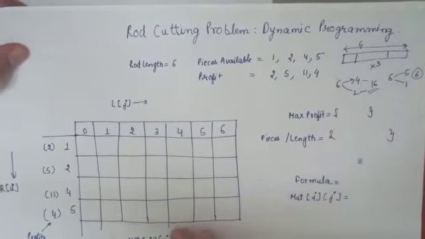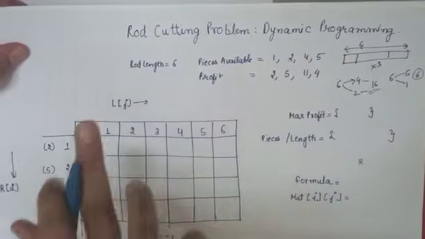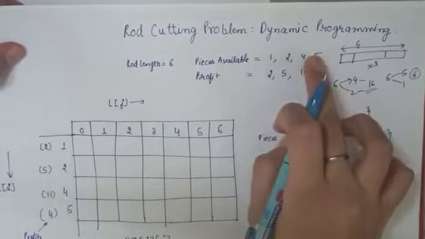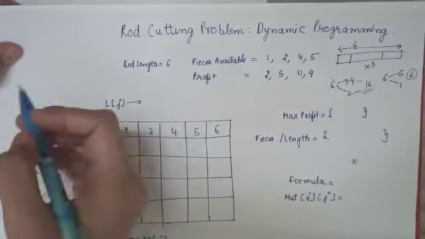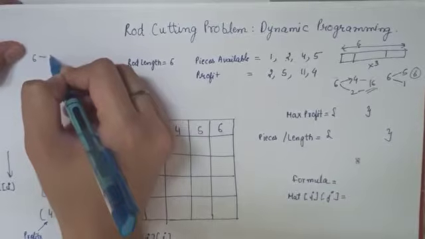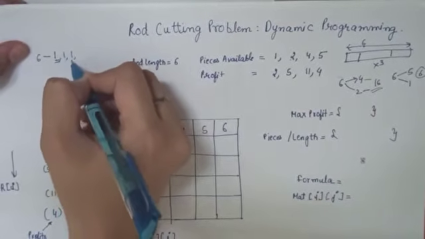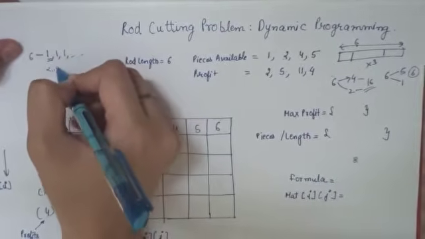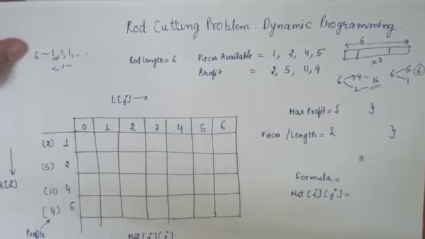So what we have to find is how to cut the rod of given length into pieces available such that we maximize the profit. If the rod of length 6 is given, it is also possible to cut it into rods of length 1, six times, and we have the associated profit with it. Okay, so let's come to our matrix and calculate it.